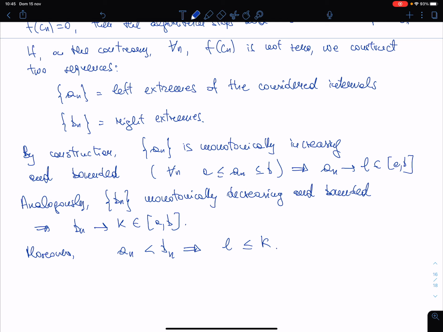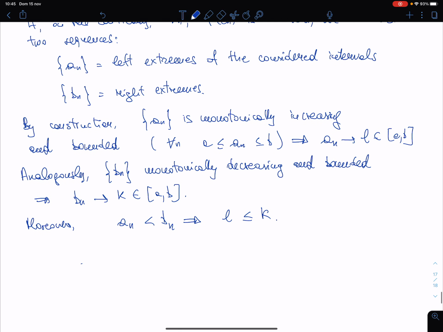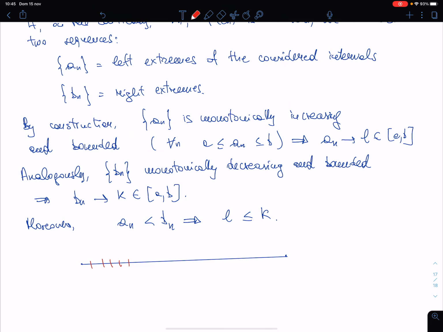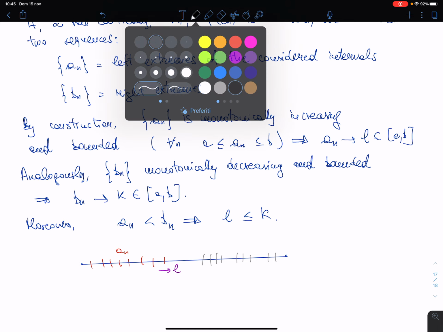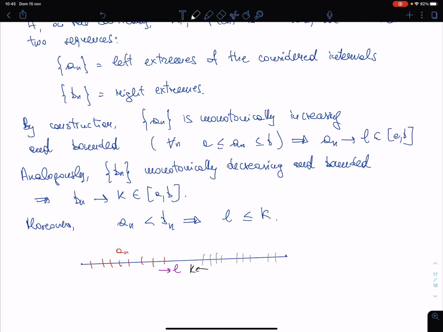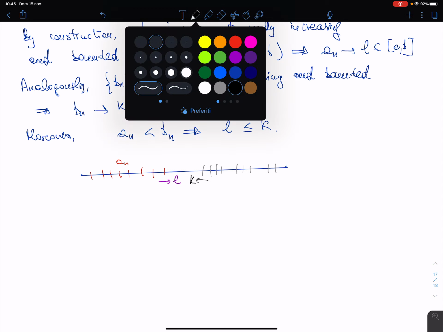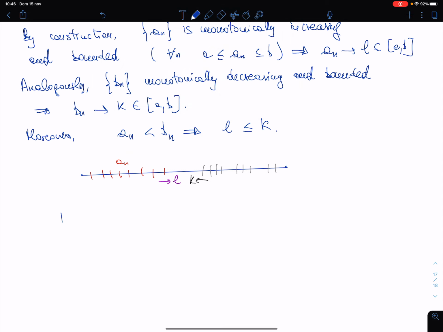Okay? So there are these two limits. The situation is this: this is the a_n, and these are the b_n, monotonically decreasing. So a_n tends to some L, b_n tends to some k, and now we want to compute the distance between k and L. Of course, L cannot exceed k, so k minus L